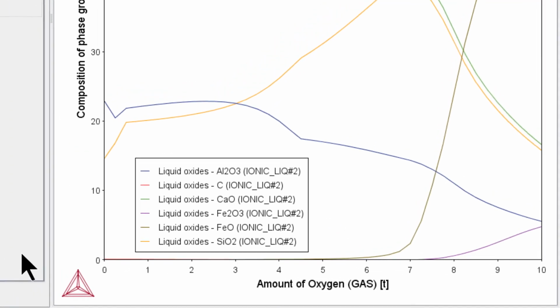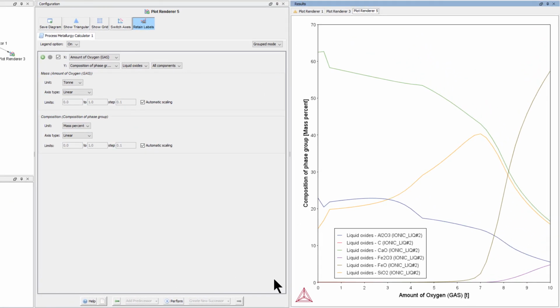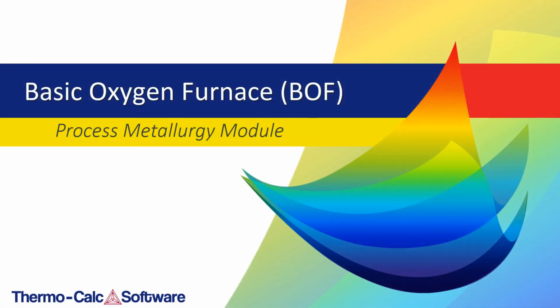When this starts happening, the steel-making process is complete and the steel is ready to be tapped into a ladle for further steel refining. To learn more about the Process Metallurgy module, watch the additional videos by clicking the links